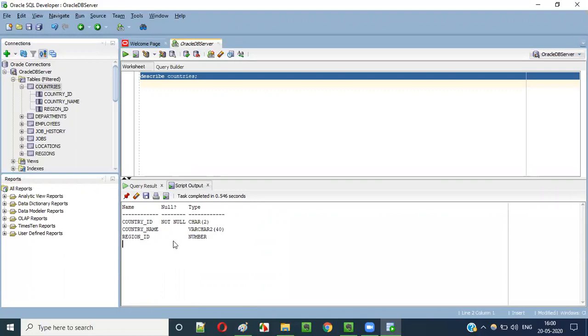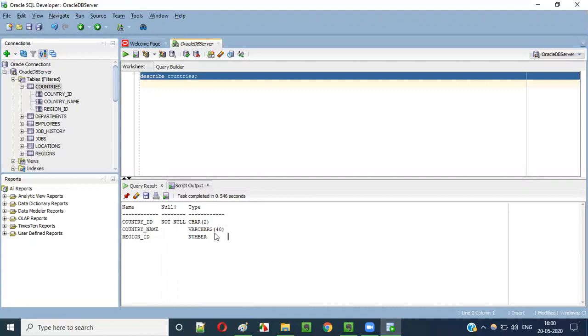Okay, like this. So here into the region ID you can enter numbers, into the country name you can enter string, kind of text, and into the country ID you can enter characters of size 2 only. Here size is also displayed, guys, along with the data type of data that you can store into the country ID. Here you have to know the size of this char data type is only 2. That means only 2 letters are allowed.